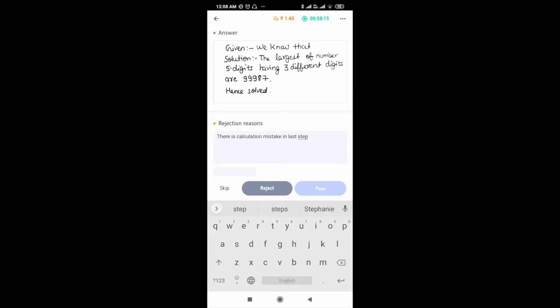We can write like this, and then we will click on the reject button. In that case the question will be rejected and it will go back to the producer, the one who is writing this answer.